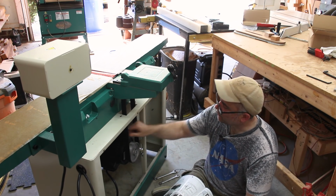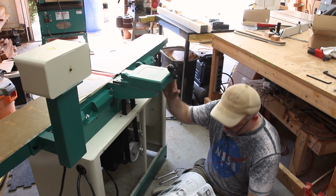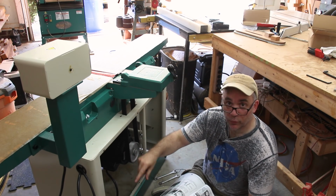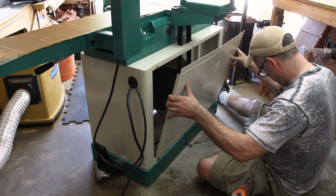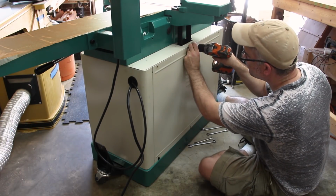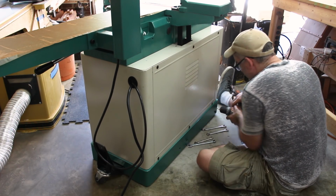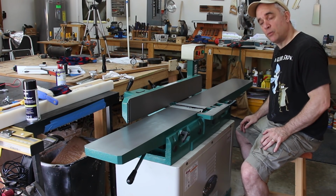I have the pulley installed, and I have it properly tensioned according to the manual. And I also have the fence carriage installed. So now I think I'm ready to put the back panel back on, and I'll start working on the fence. I have everything assembled at this point, minus the guard,